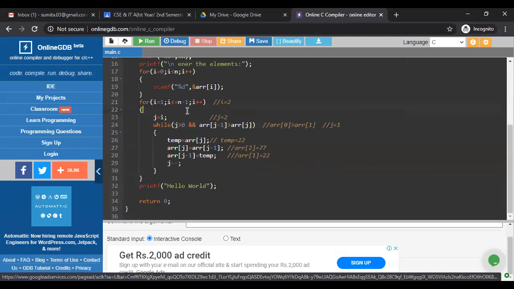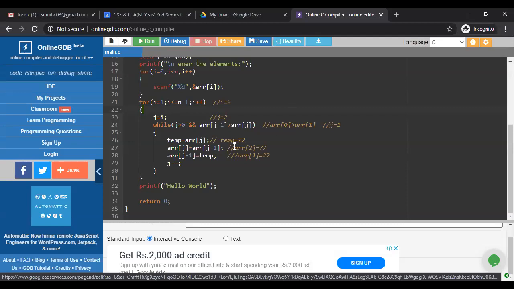And we have to explain one more thing. Why am I not taking 0 here? Why am I taking 1 here? If you take 0 here, 0 greater than 0 is not possible. Because I am initializing j with i. So if I write i equals 0, the j value is 0. So 0 greater than 0, I am not writing that, because this is false. So every time the loop is false.